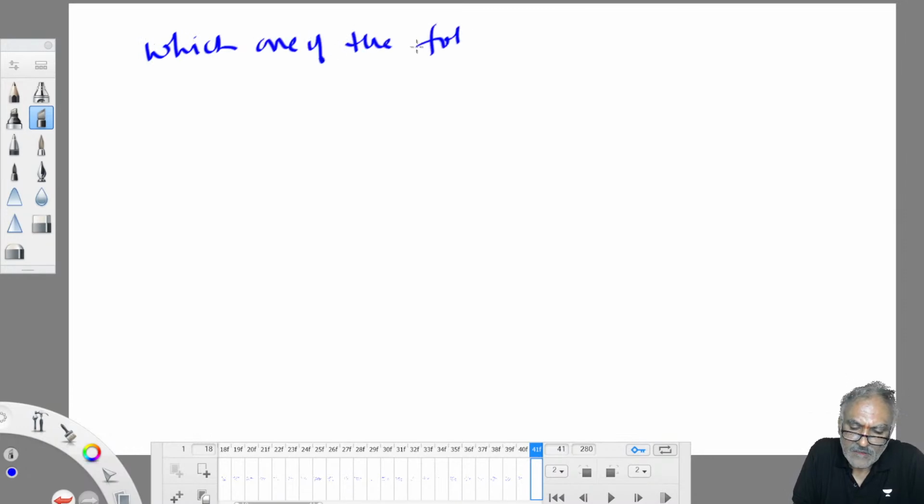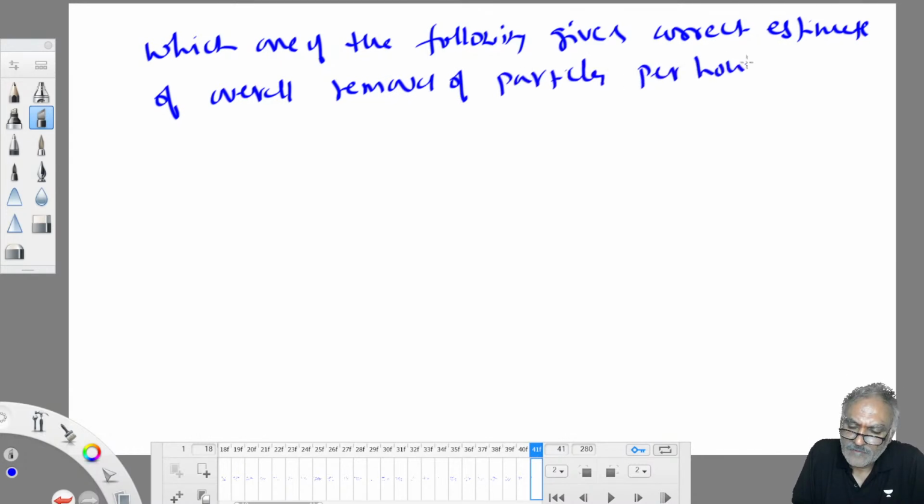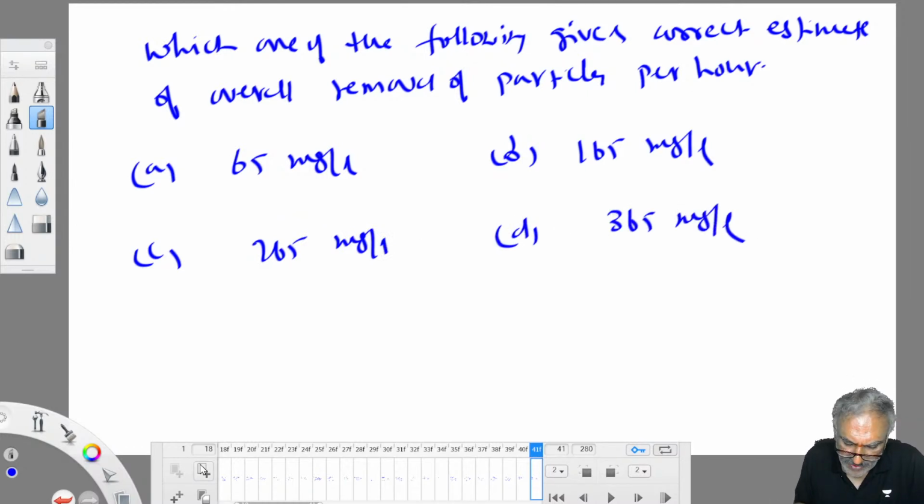Which one of the following gives the correct estimate of overall removal of particles per hour? Option A is 65 milligram per liter, option B is 165 milligram per liter, option C is 265 milligram per liter, option D is 365 milligram per liter. So what is given to you is,